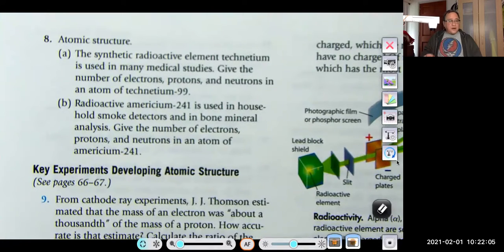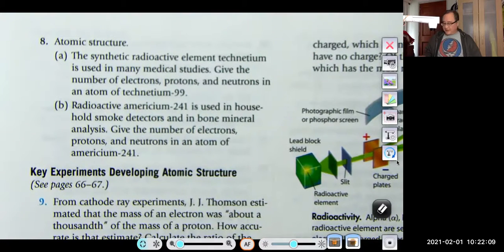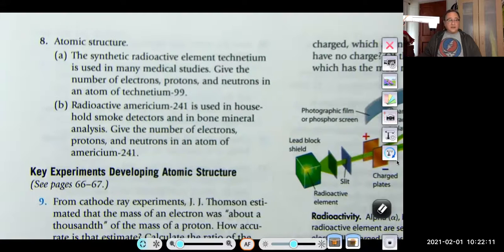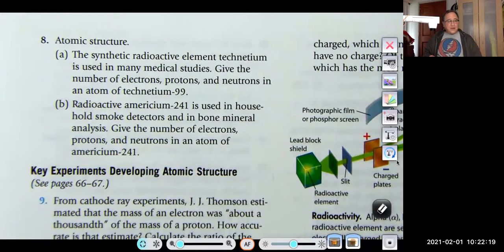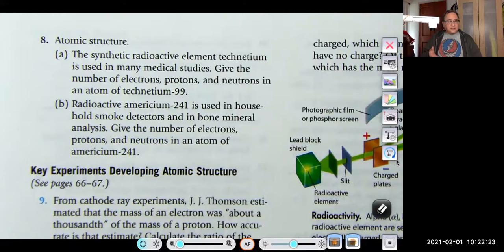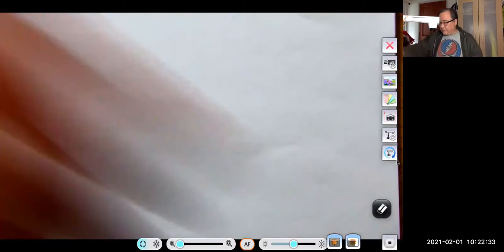The synthetic radioactive element technetium is used in many medical studies. Give the number of electrons, protons, and neutrons in an atom of technetium 99. We're going to do this one. Radioactive americium 241 is used in household smoke detectors and in bone mineral analysis. Give the number of electrons, protons, and neutrons in an atom of americium 241. So, number 8,